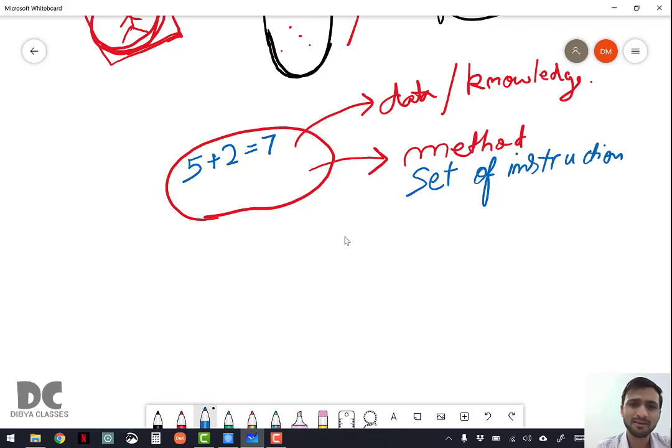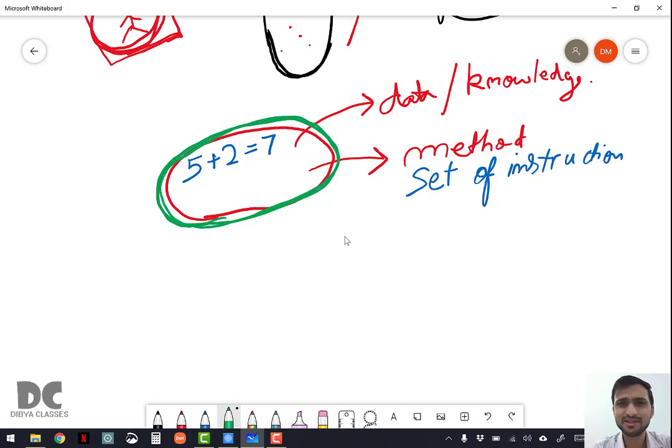But can anyone see this knowledge? For example, your friend doesn't know that 5 plus 2 gives 7. So can you steal it from your brain? No. Can you see what is inside one's brain? How intelligent he is? What he is thinking? No, we cannot, because it is using encapsulation.